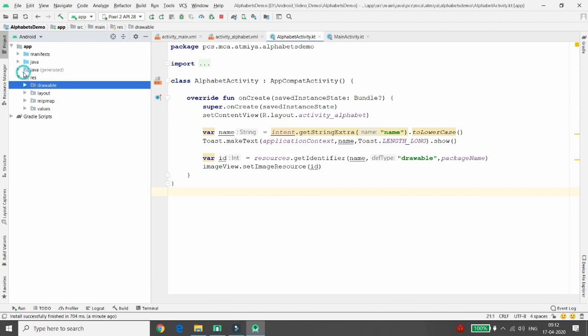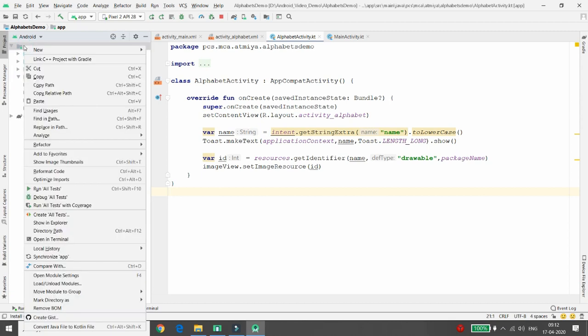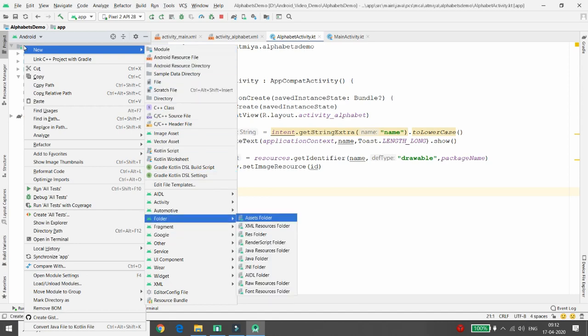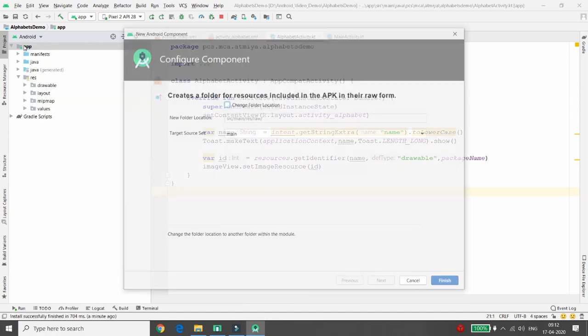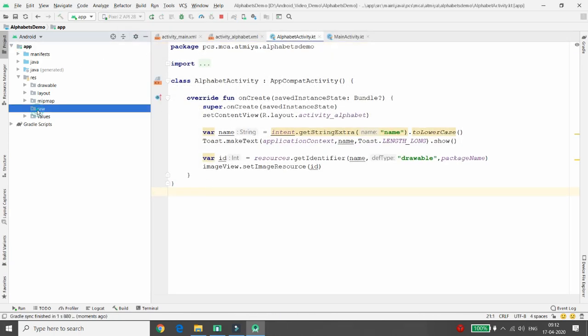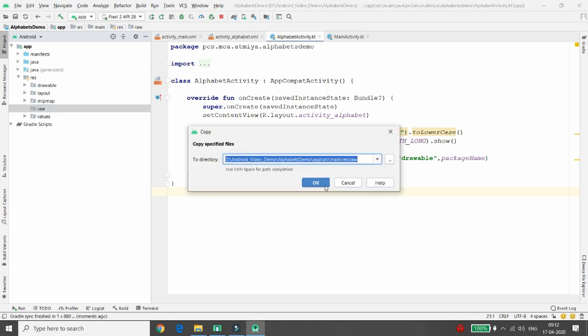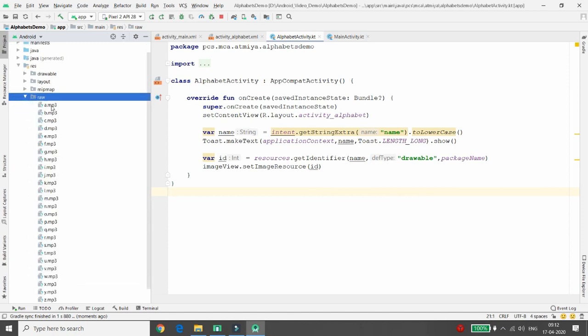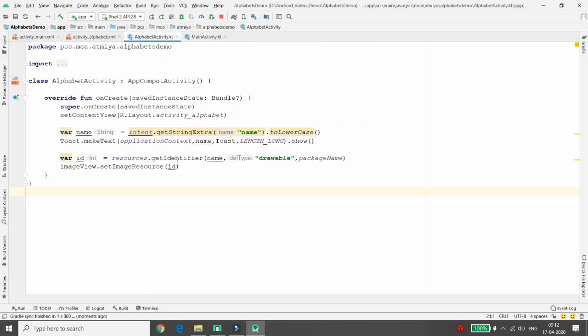So very simple. Here you can click on your package application folder, then click on New and click on Folder, and here you can add the raw resource folder, and just click on Finish. Whenever you add the raw resource folder, you can just paste all your media files. All your media files are available over here with the names A B C D E F G H I, right? The same thing I did for the drawable folder to identify the ID, the same thing I will do to get the media player ID.